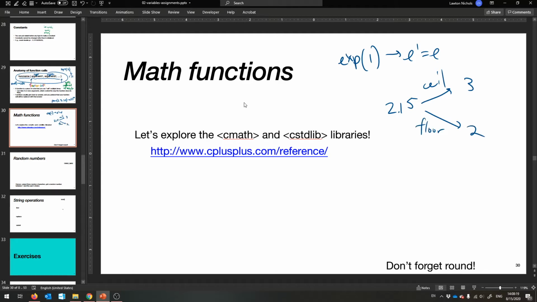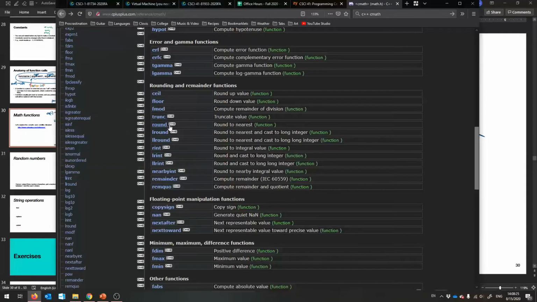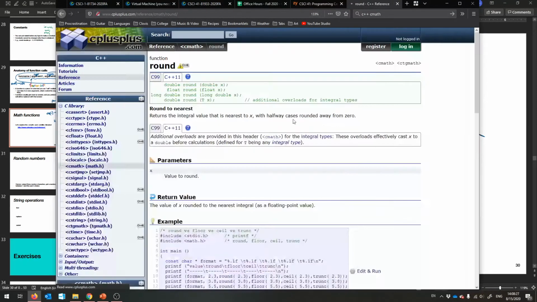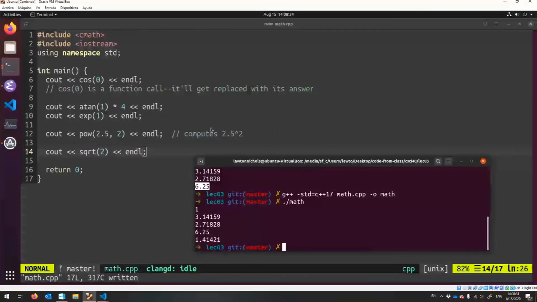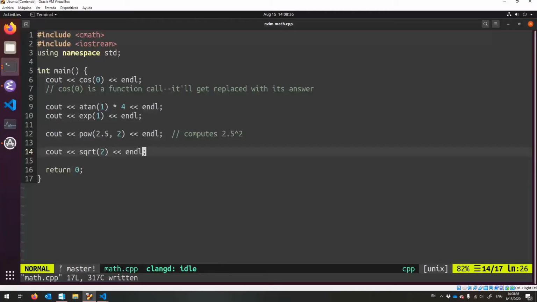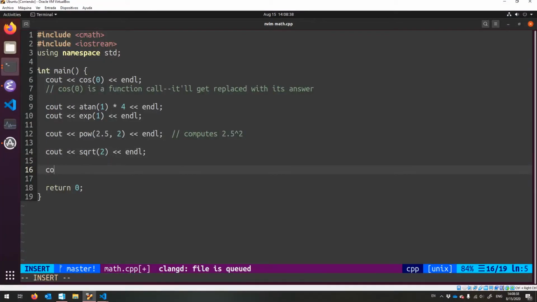Okay, and so now I'm going to show you round, which is more useful. You'll need this in your lab. So round rounds to the nearest whole number. So it takes a double, gives you back a double that is a result of rounding things. So you can say round